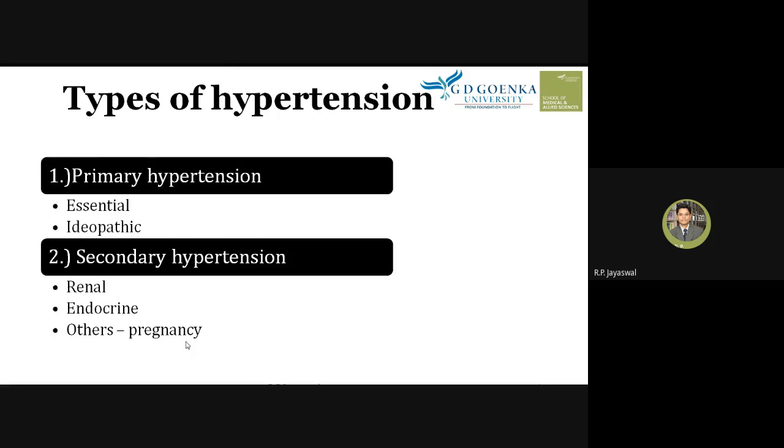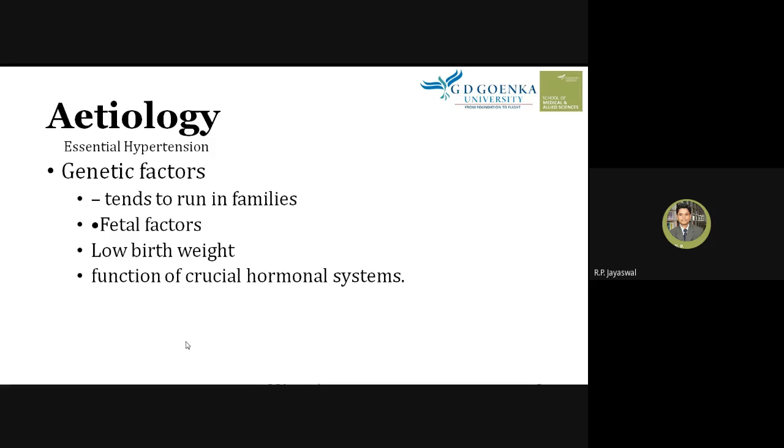Primary is sometimes called essential hypertension. So the etiology of essential hypertension, that is what we say the primary hypertension. Etiology means the cause. One of the causes is genetic factors, which tend to run in families. So if anyone from the paternal or maternal side is affected, it can pass the